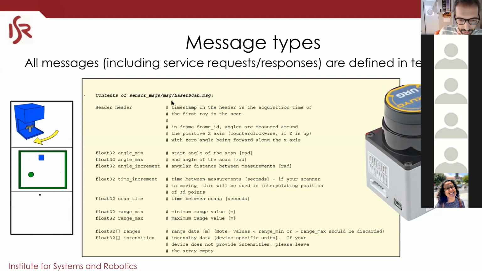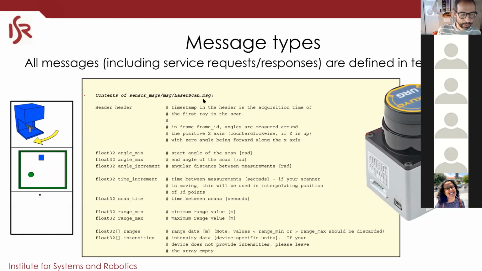One very important thing I want to say here is that please try to use the messages that are already defined by default in ROS, because ROS comes with tens of messages. This is very important. For instance, if we have different laser message types for different laser modules, it will be a mess, meaning that if you change the manufacturer of your laser, you need to change your code. So it's very important that all drivers for laser rangefinders use the same message type. This message type is defined by ROS when you install ROS.